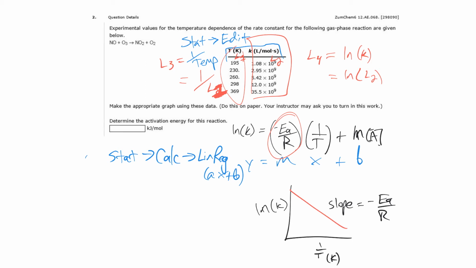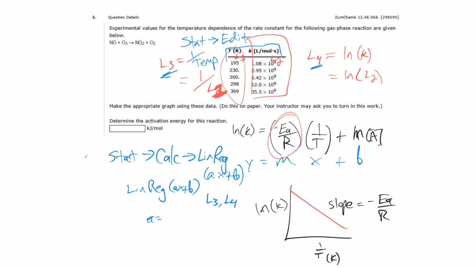On my calculator screen, once I select that option, it goes linreg, it says ax plus b, and then they want you to type in which two variables you want plotted against each other so that it can pull that linear regression data. In my case, I typed in L3 for 1 over temperature. I want that to be the x-axis variable, and L4 for the y-axis data, and I want that to be after the comma. So linreg ax plus b, and then I typed in L3 comma L4, hit enter,